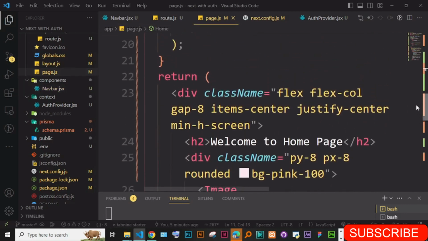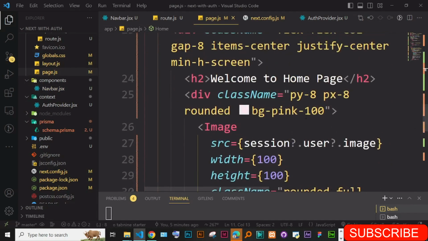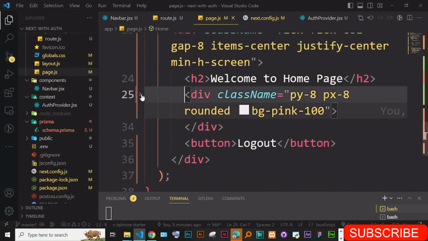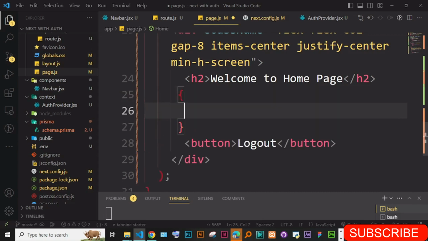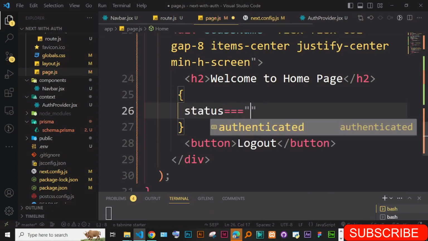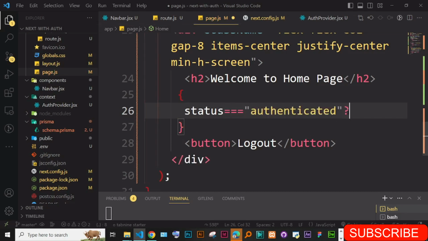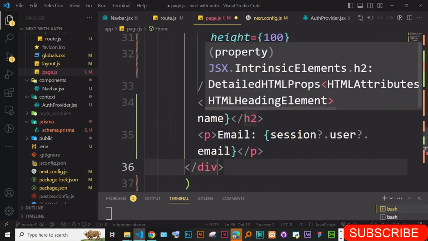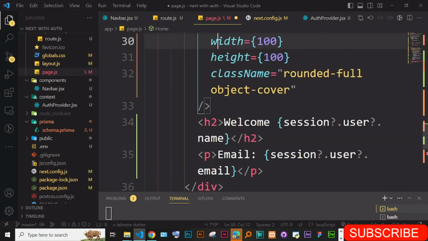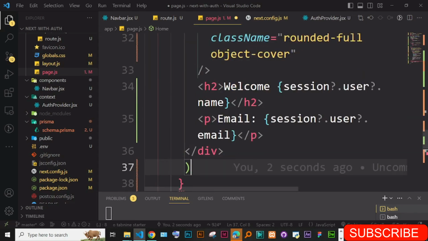Instead of showing this card here, I want to say if status is equal to authenticated, if this is true, then what I want to show is this card. I want to show the card that has session details for this person. Else, what I want to show